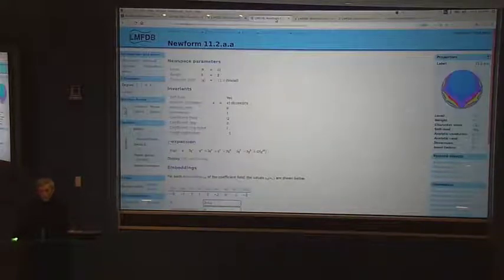The corresponding modular form has its own homepage and has other invariants recorded, but the connection between the two is this q-expansion here. For example, if I write the modular form out as a power series in q, where you should think of q as e to the 2 pi i z, as a complex function defined by this power series, well, the coefficient of q to the 7 was -2. That tells me that the trace of Frobenius at 7 should be -2. And if I go back to my elliptic curve